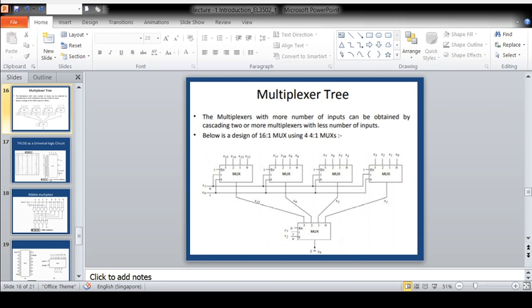Here there is another way. Using 4 to 1 multiplexers, four 4 to 1 multiplexers are going to be utilized to prepare D0 to D15. And one multiplexer is going to be utilized to combine these 4 chips, and that is also a 4 to 1 multiplexer. So that way, the output of each multiplexer is connected as the input data channel of the output 4 to 1 multiplexer.